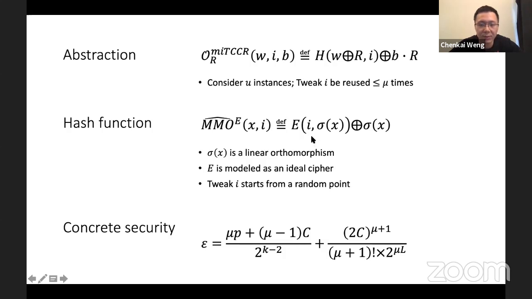Note that in previous fixed-key AES-based implementations, they use a gate identifier i, and it always starts from 1. Here we start it from a random point. And after embedding all these designs in the half-gate garbling, we can derive a new concrete security bound.